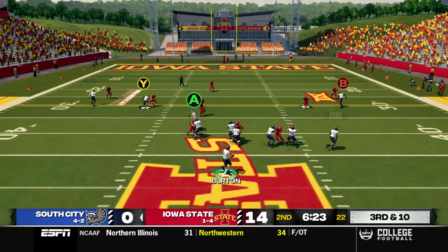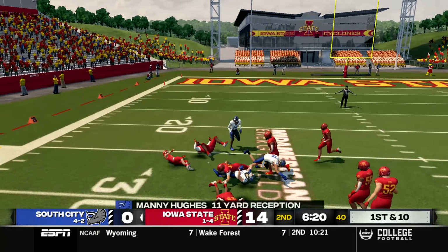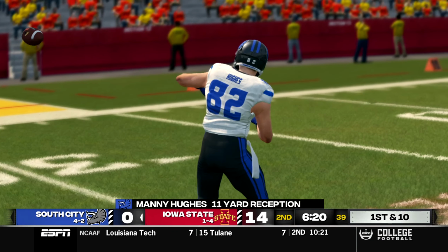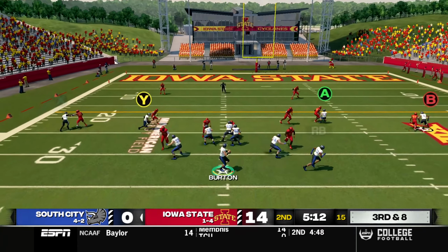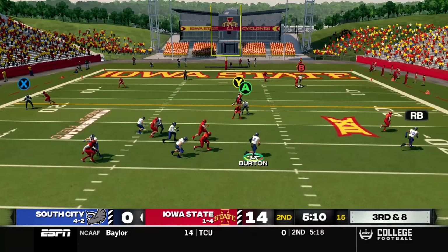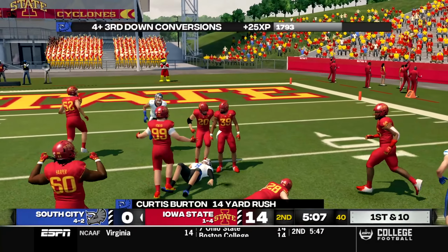Burton from under center will drop back to pass. We'll throw this one underneath. That's caught by Hughes again, and he will convert another 3rd down for us. This one a gain of 11. Just a couple run plays later, and we are already looking at another 3rd down. Burton's back in shotgun. We'll take the snap, and we're going to roll out to the outside. Burton's just going to take off himself, have the first down, and he's brought down for a gain of 14